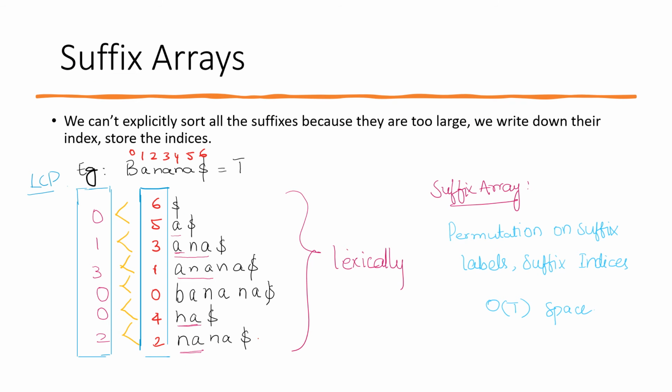So this can be done in linear time. This is another method where we can prove that a suffix tree can be built in linear time, by using suffix arrays and longest common prefix. Here we first take a string, banana dollar, and write all the suffixes for banana dollar. We sort them in ascending order, so first A comes, and then B and N. But it is not possible to store these lexical values since they are too large. Banana is small, but for larger text values, it is not possible to store the values.